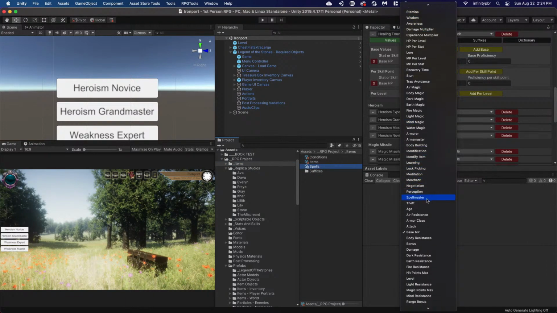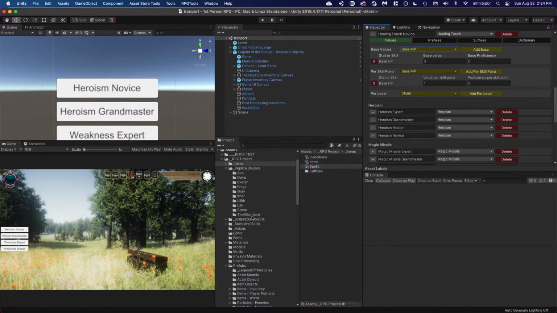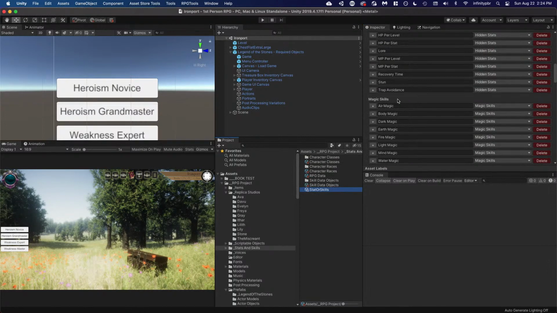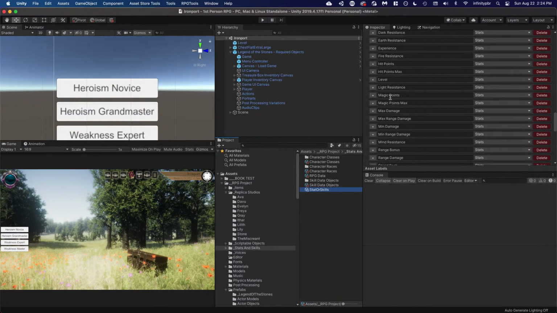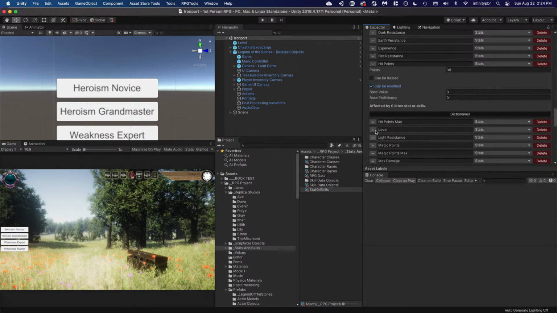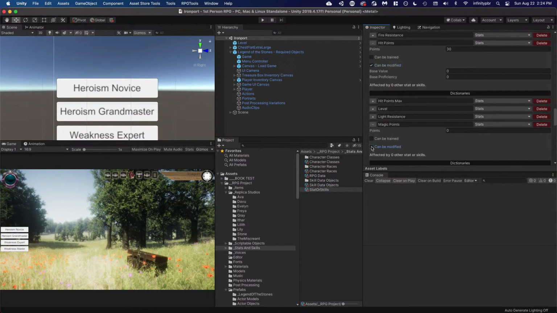Hit points. Oh. Hit points is not modifiable. So I need to set those to be modifiable, right? Hit points can be modified, and magic points can be modified. Okay. And go back to